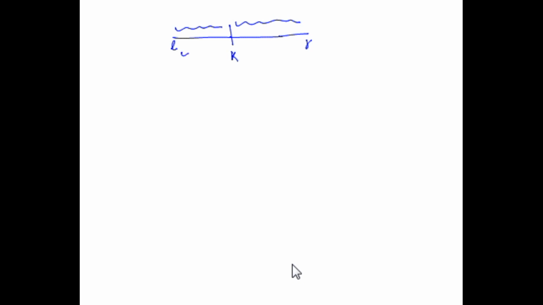So let's say that on the left hand side there are k number of elements, and on the right hand side there are n minus k minus 1 number of elements. So the recursion that we get, if T of n is the number of comparisons done by the algorithm, this will be exactly equal to n for partition plus, so we have to look at T of k and T of n minus k minus 1.